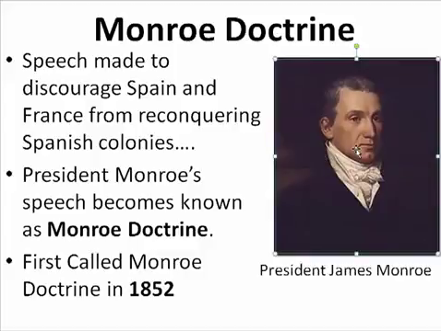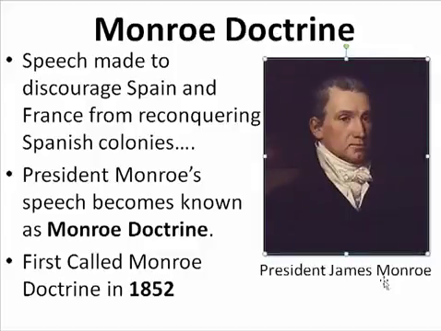James Monroe, President of the United States, is going to issue this speech, and it's made to encourage Spain and France to discourage Spain and France from reconquering Spanish colonies. And President Monroe's speech becomes known as the Monroe Doctrine, and it's not really called the Monroe Doctrine until 1852. It was first called the Monroe Doctrine in 1852, but it's this speech he makes on December 2nd, 1823, that